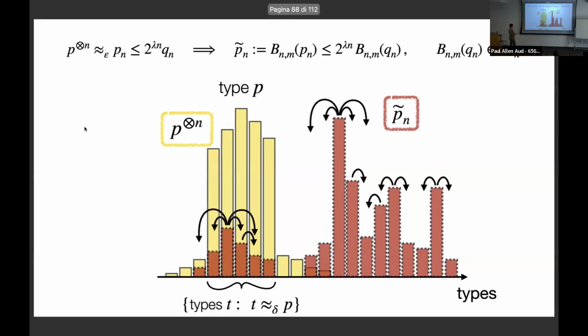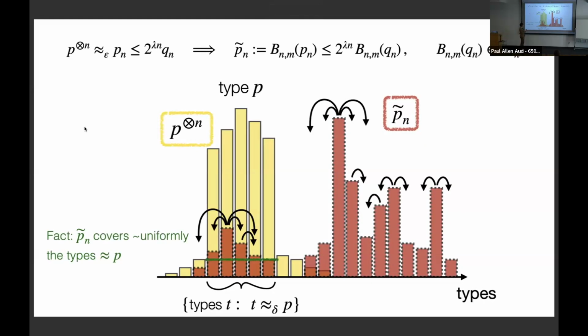And you can control this quantitatively very easily because it's classical, so everything's easy. Somehow you can control all the frequencies. It's relatively straightforward. And in particular, what's interesting for us is what happens inside this type ball. What happens is that this P tilde n, the new blurred probability distribution, now covers, well, I wrote uniformly, but it has some non-trivial weight on all the types in the